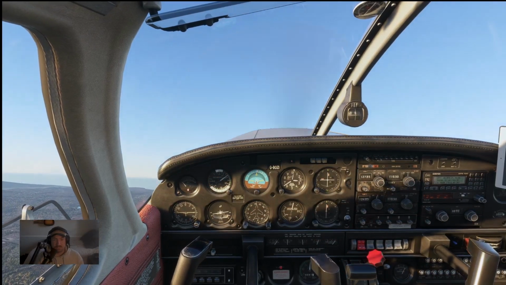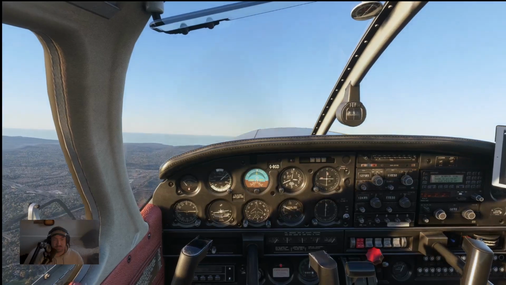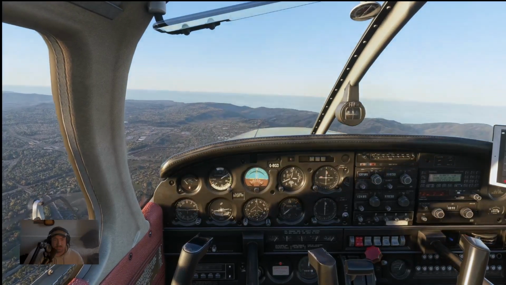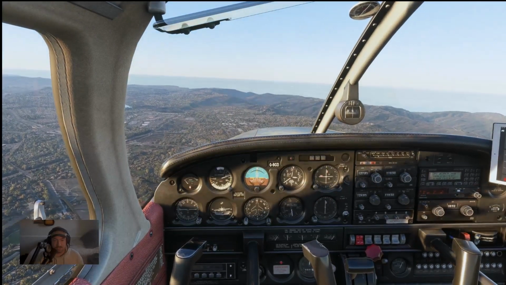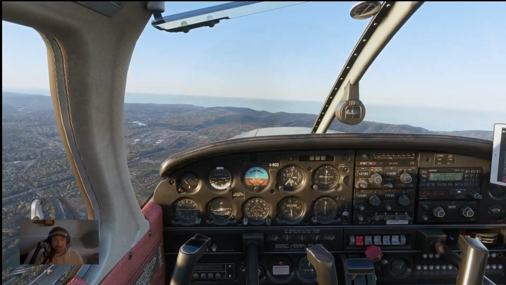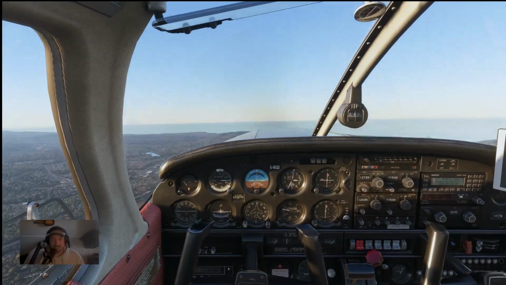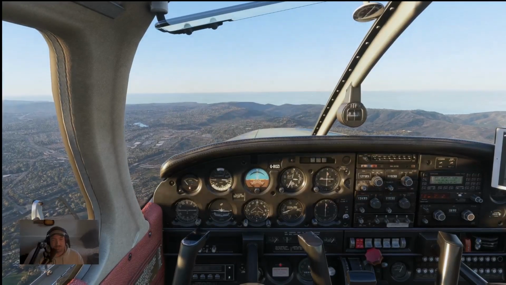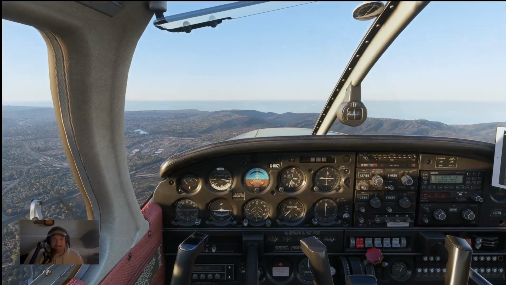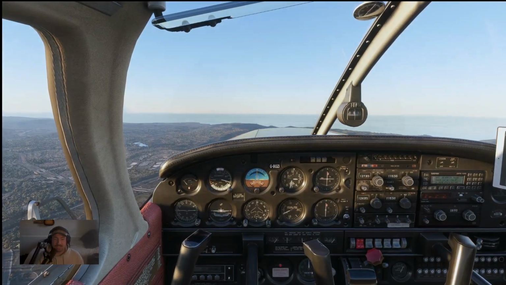Hey, you climbed me to 2,700 feet. What's going on? Okay, well, now we're descending. I thought you were pulled back on the yoke. Yeah, we are. Okay. Why are we descending then? Basically, you would stall, right? The aircraft doesn't really do good in stalls in the sim. But that's not actually how we get